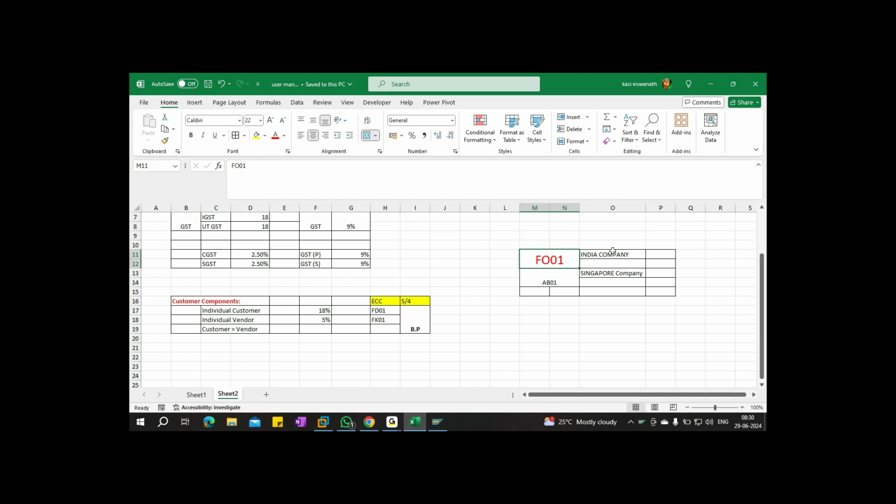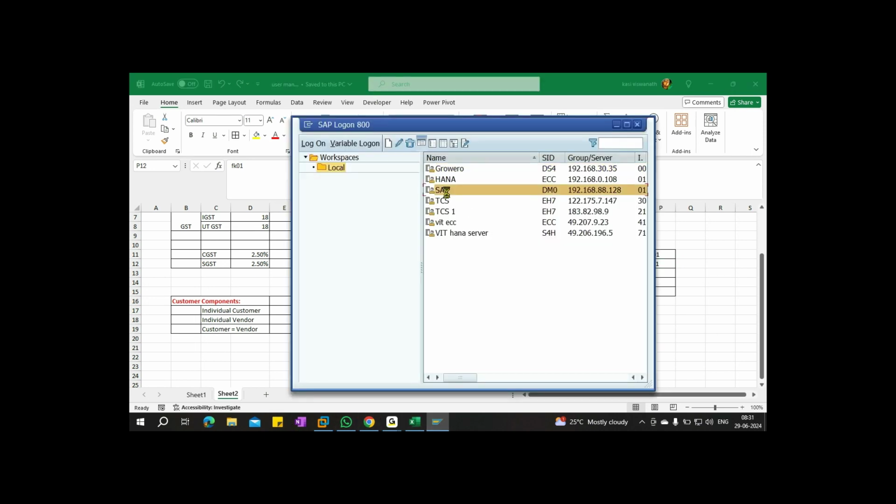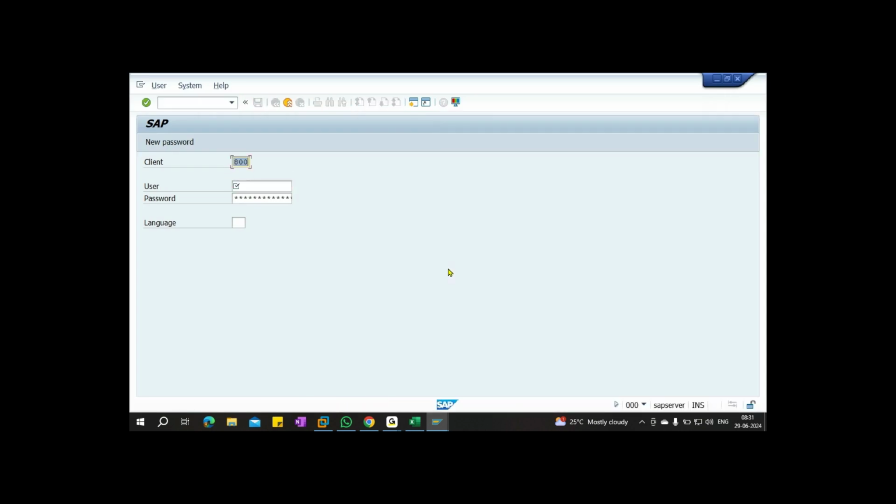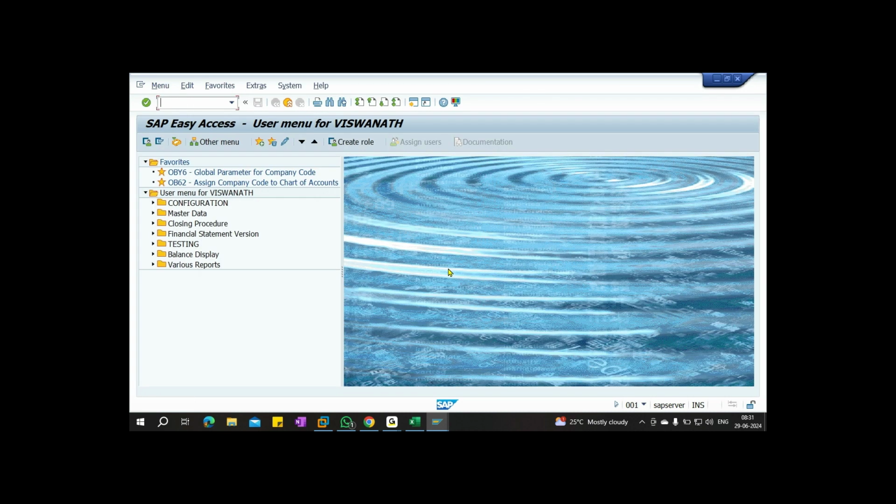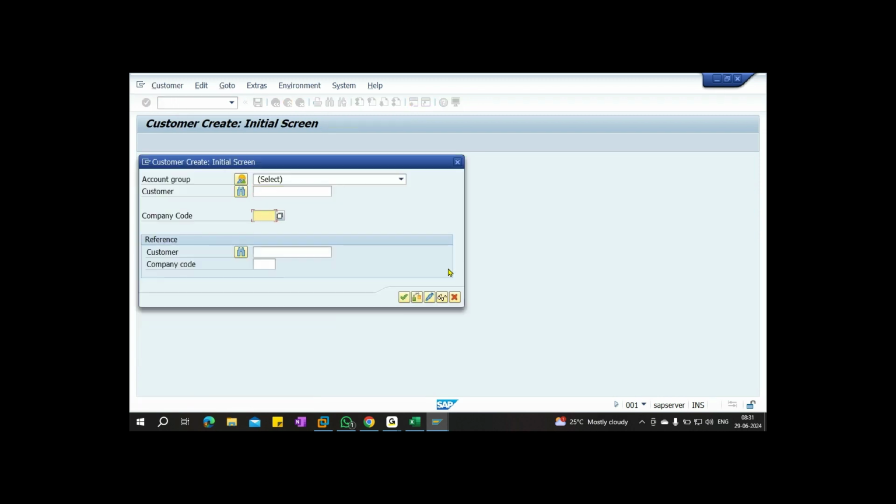For customer creation, we choose FD01, and for vendor creation, FK01. I chose company code FD01,